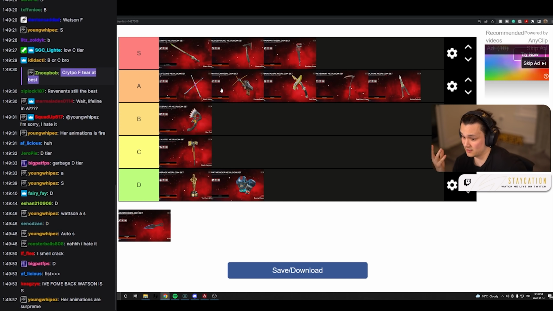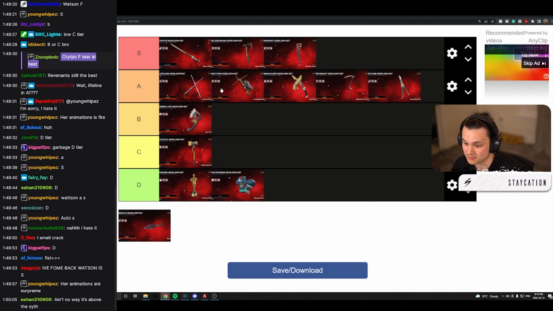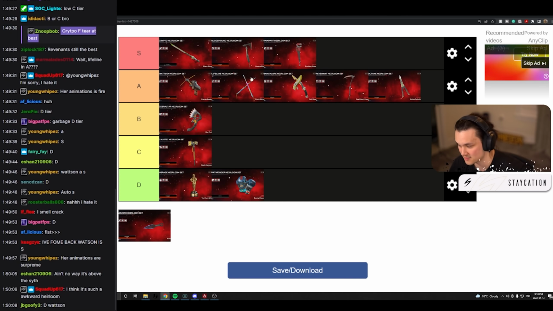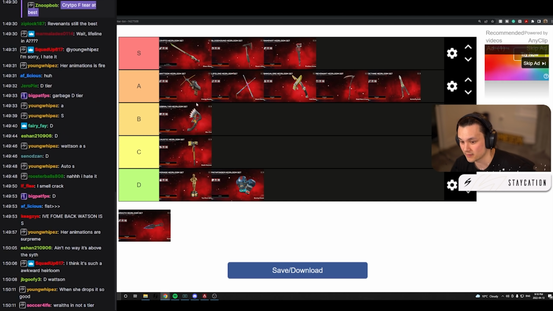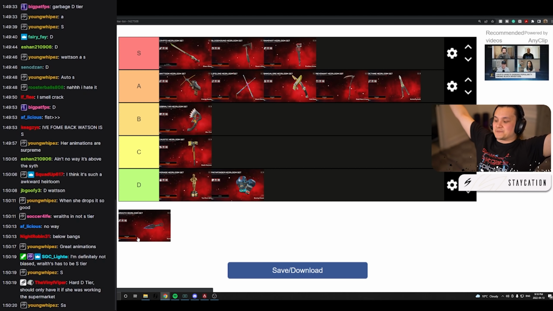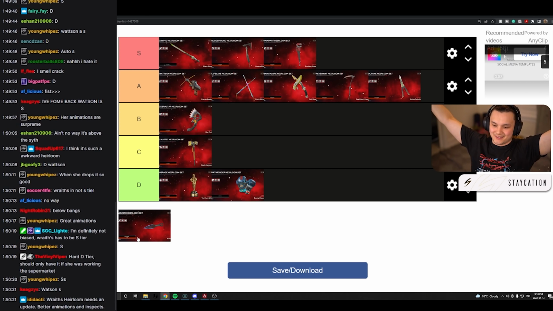I just think it's one of the most underrated heirlooms in the game. They got so much hate, and I literally think it's incredible. I'm gonna put it above Lifelines. Definitely better than Lifelines. Lifelines is quirky next to it, and then Bangalore, Revenant, Octane, and then here. Last but not least, this is the